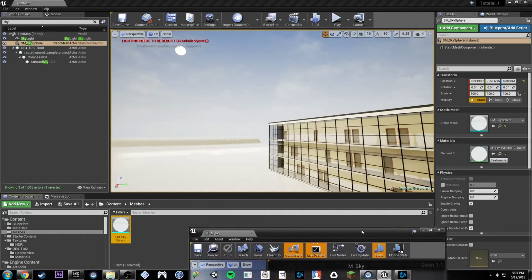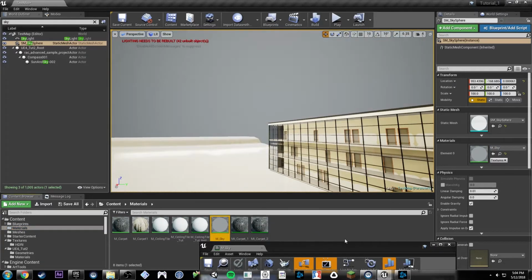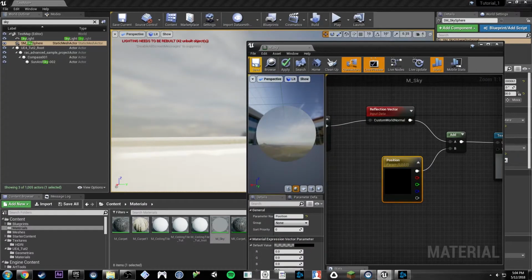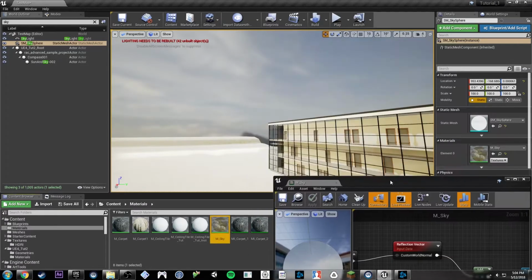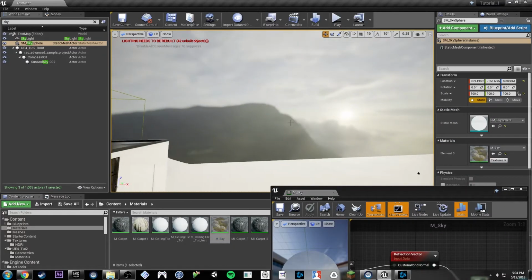Is this map? Oh, I don't. Okay, I'm an idiot. I didn't map that to the sphere. There we go. All right. Reset that to default. There we go. That should look better. Okay, so now we have that sky sphere, and you can see even the mountains in